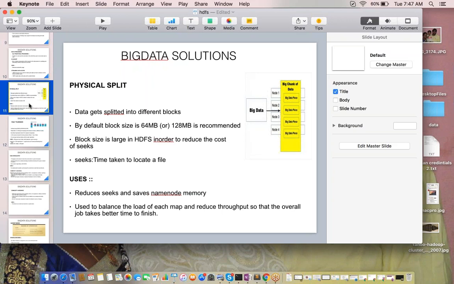Ideally, 64 MB is a good idea, or if anyone has a smaller cluster, say only a 5 node or 10 node cluster, and wants faster results, then you can go with 64 or 32 MB as the block size. But when you go to 32 MB,